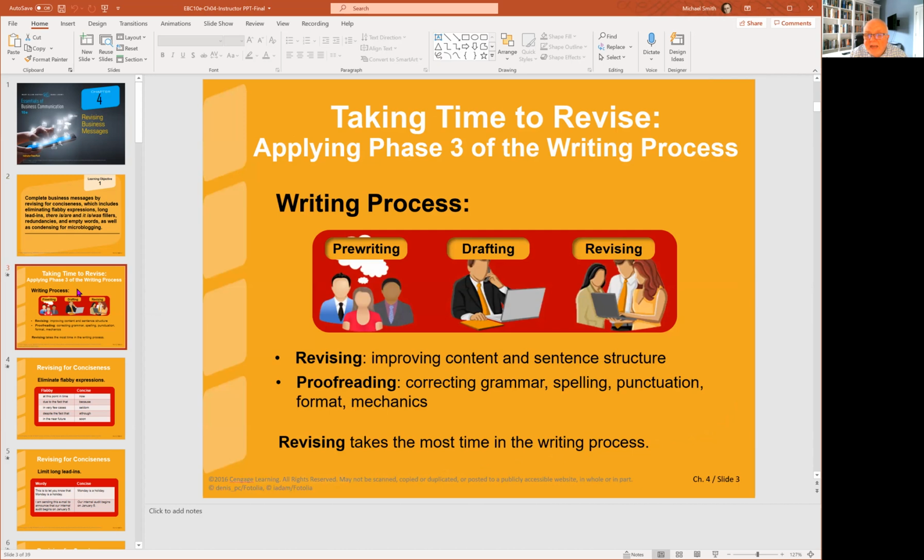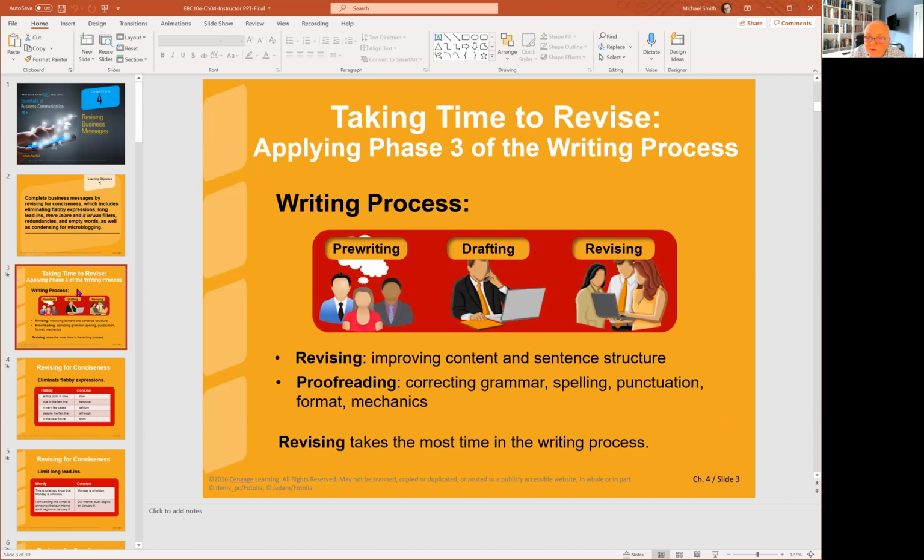Taking the time to revise, most people want to do something, send it out, and just let it go. Nine times out of 10, when I do that, there will be typos or misspelled words or subject-verb agreement. There'll be something in there that would be embarrassing for other people to get. So we saw the 3 parts of the writing process, the 3 by 3: pre-writing, drafting, and then revising.